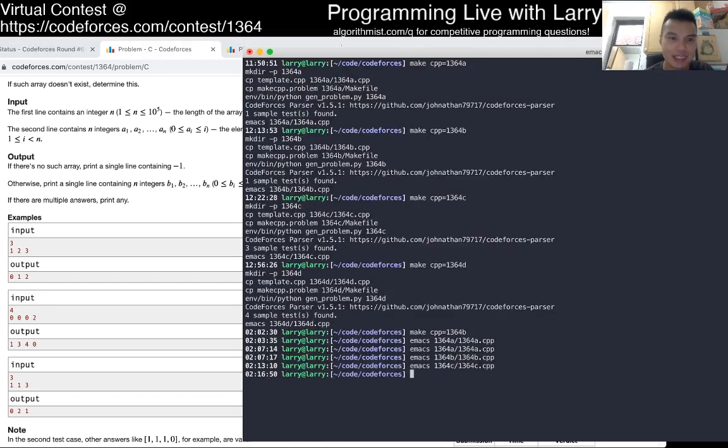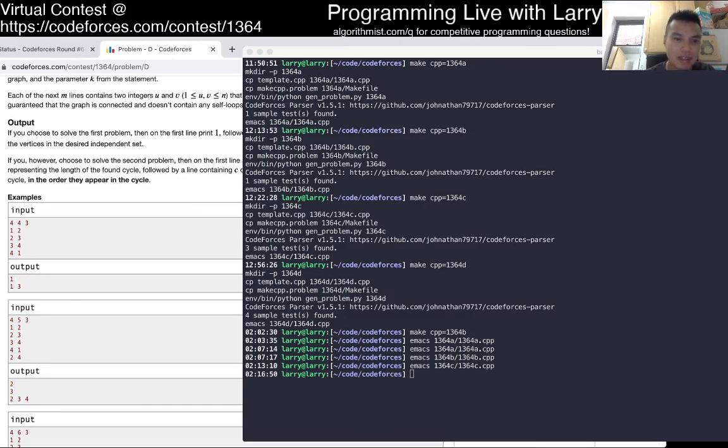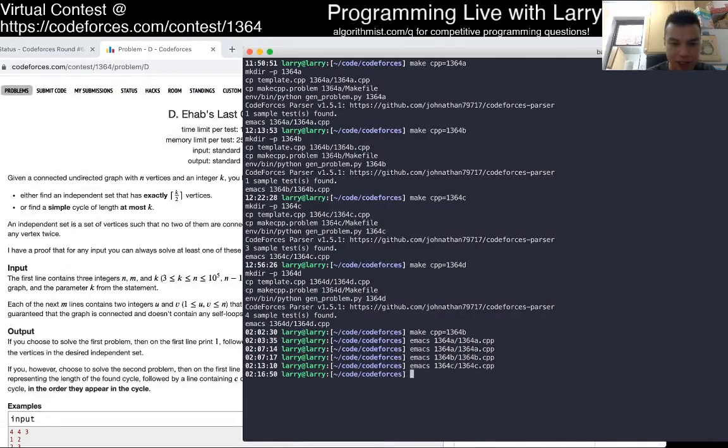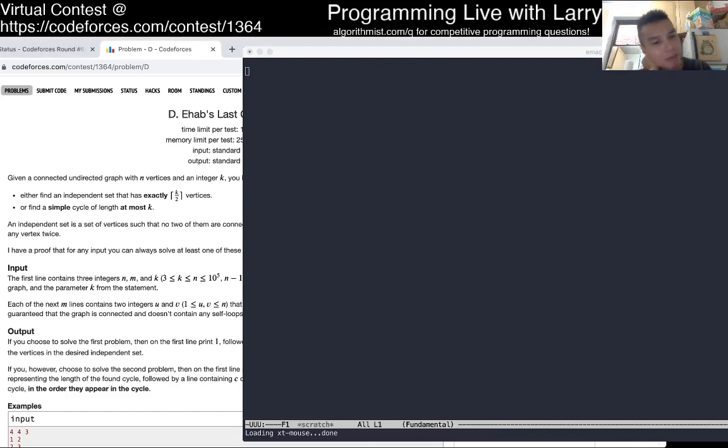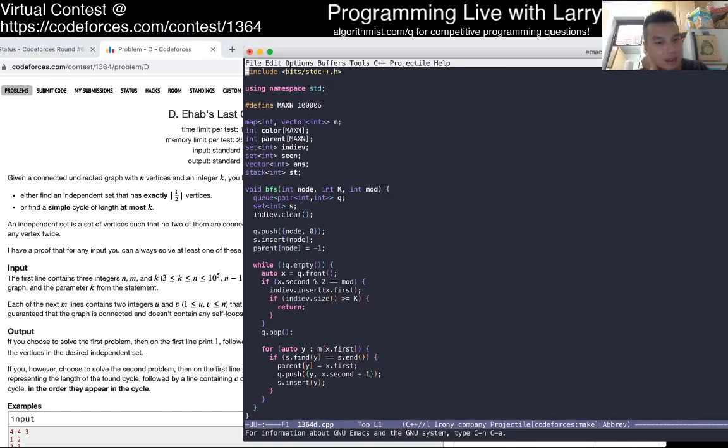Okay, let's go with D, the one that I have trouble with. Yeah, so I think I took way longer on this one than I really should have. I think I was playing around with trying to find a better algorithm maybe, but the idea is there's some sort of pigeonhole principle, which is what they were saying, but